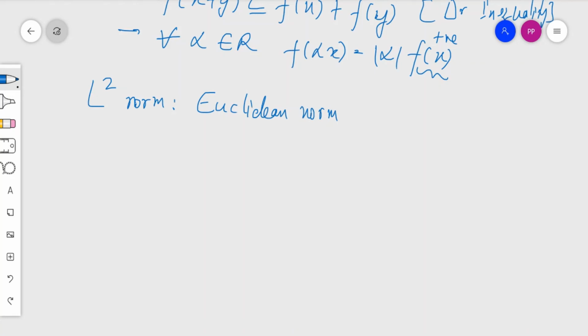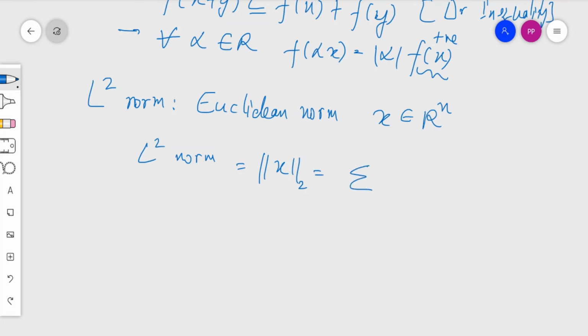It is the Euclidean distance from the origin to the point represented by the vector x. So again, x is an element of R^n, and the L2 norm is defined as, we will write in the standard format of norm like this, equals to,